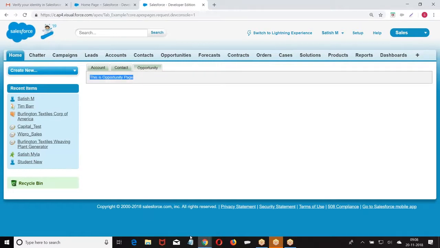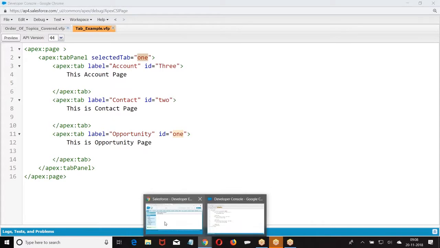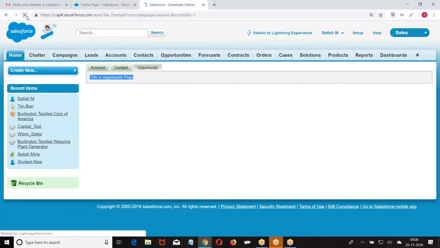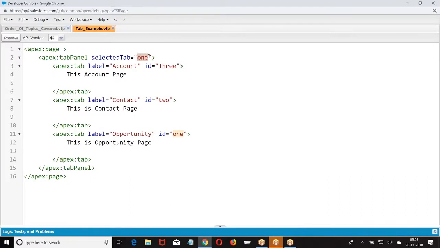Opportunity. I told selected tab equal to 1. The tab whose ID is 1 is selected by default. That is the reason that when I load the page, by default we are getting the opportunity page.